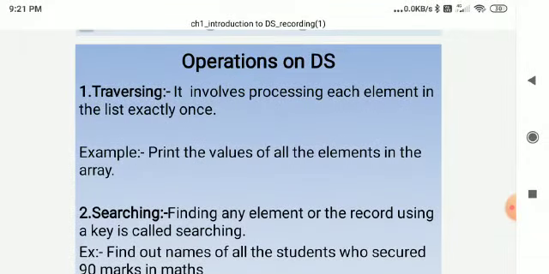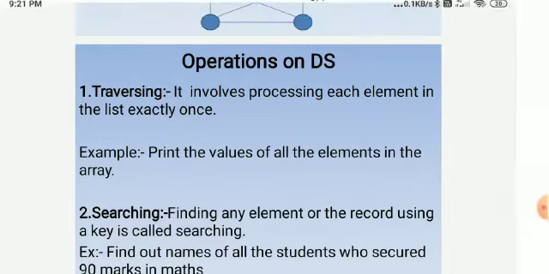So traversing means what? Traversing is the process that involves processing each element in the list exactly once. It means at least one time we have to process that element. For example, print the values of all the elements in the array. Suppose I have an array consisting of 5 elements: 10, 20, 30, 40 and 50.